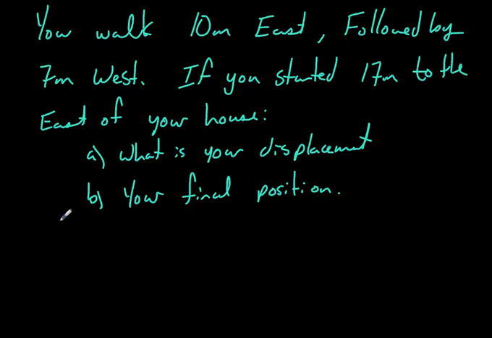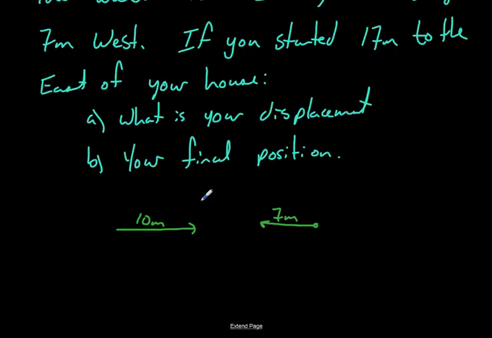So you walk 10 meters east. So I'd recommend let's draw that vector. There's to the east, and there's 10 meters. Followed by 7 meters to the west. So you walk here, and then you walk 7 meters to the west. Okay, so this is a vector addition. If we do one vector after another, we add them tip to tail. So if we add these guys tip to tail, we get 10 meters this way, and we get 7 meters this way. And then if this is our start and this is our finish,